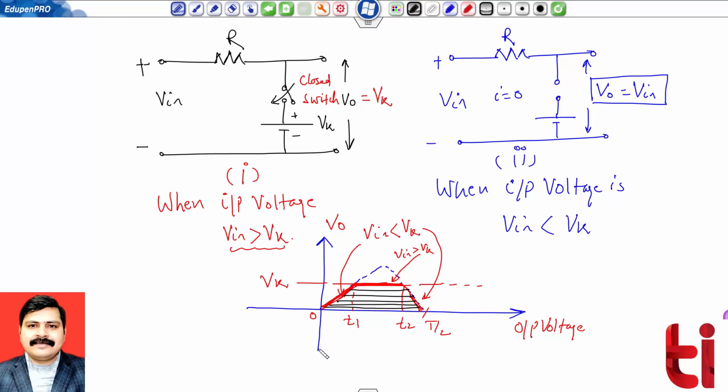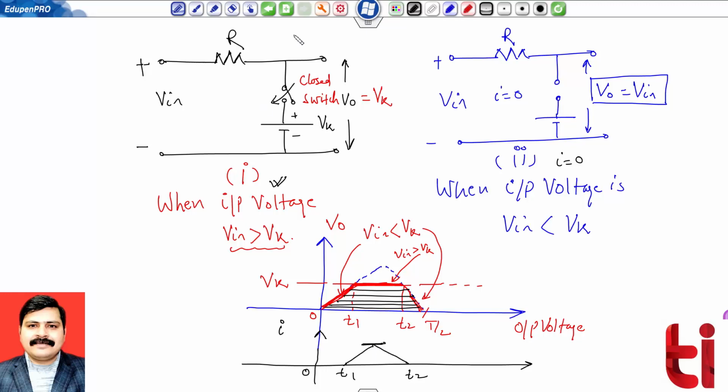In fact, I can also draw the current waveform over here. During this period T1 to T2, I will have a signal from T1 to T2, because you can check current will flow for the first case only. The value of current I equals 0 for the second case as it is open circuit, and from 0 to T1 and T2 to T by 2, the value of current becomes 0. So this is my load current I, and I have to find the peak value of this current.